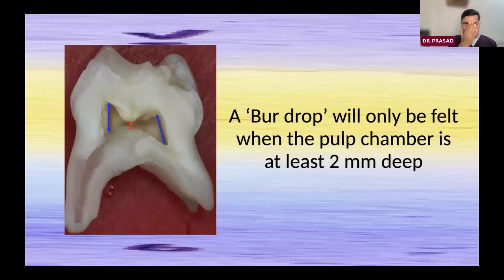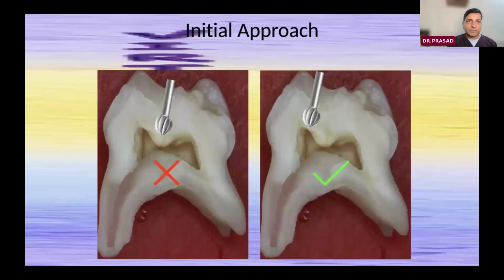Now, as a postgraduate student or as an undergraduate student, you must remember that a bur drop will be felt only when the pulp chamber is at least 2 millimeters deep. At the center of the extracted primary first molar over here, mandibular first molar, you will see the pulp chamber width in the center is almost about a millimeter, not more than that. But towards the periphery, it is much longer, more than 2 millimeters. And there you will feel the bur drop, not in the center of the tooth. So for the initial approach, never take it from the center, because you are not going to feel the bur drop, because the pulp chamber is shortest in that area. But if you go towards the periphery, towards the pulpal horn, you will get a good